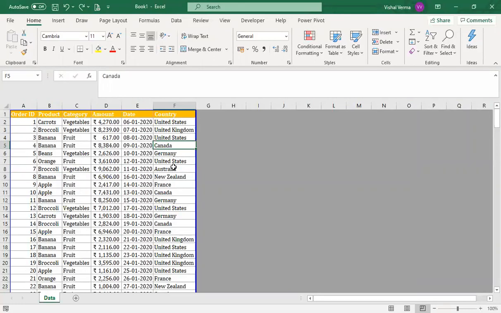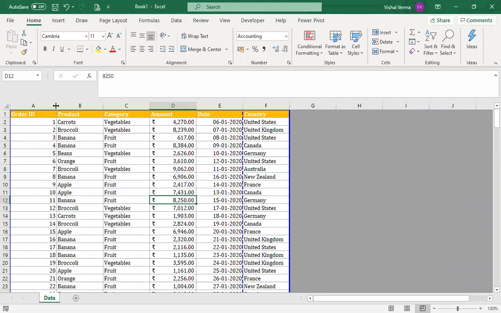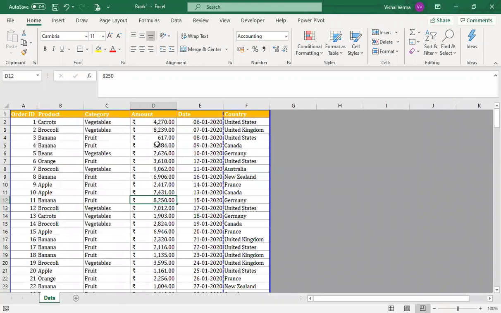So what happens here is that we are actually doing the formatting of the cell as per our requirement. Now, if there is any condition given, in the sense that if the sale for a particular product is more than say 5,000 rupees, it needs to be highlighted.